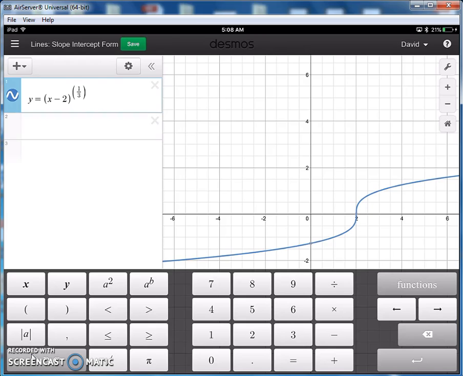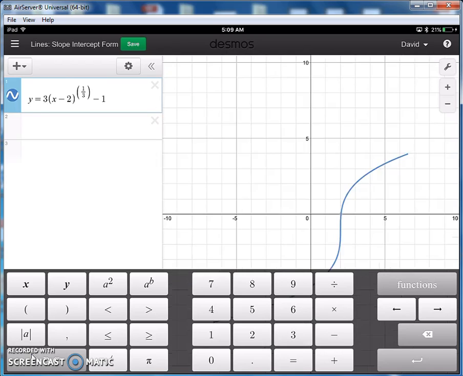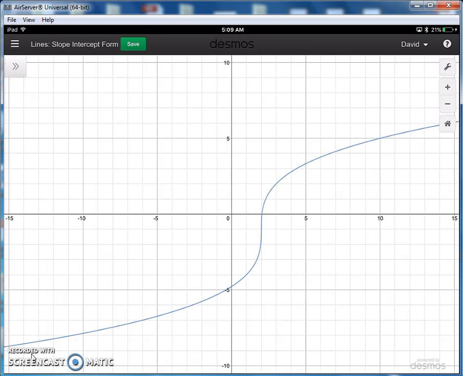Let's put minus 1. And there's that. If you want to stretch it, put a 3 out front. Hit our home button. So that gives you an idea of what's going on. The points are hard to tell. It doesn't pick up the points quite as nicely as